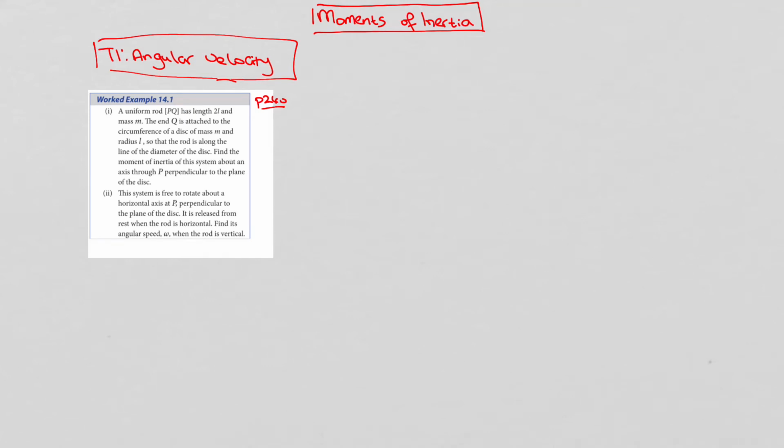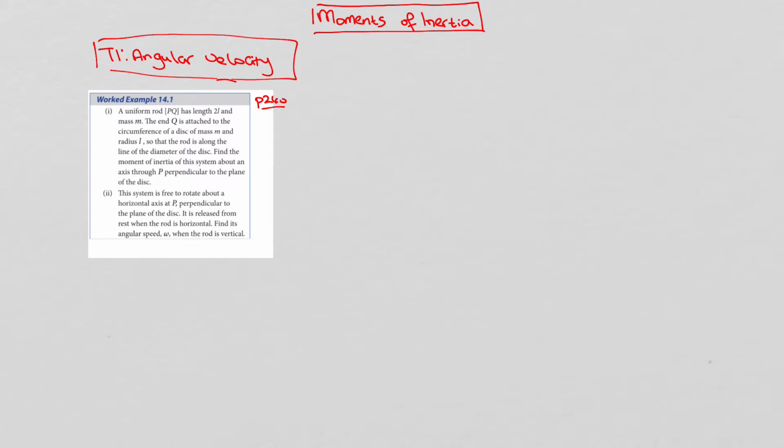Moments of inertia, type 1, angular velocity. So this is example 14.1 on page 240 in Oliver Murphy's book. And we're asked here to find the angular speed of the system when the rod is vertical, where we have